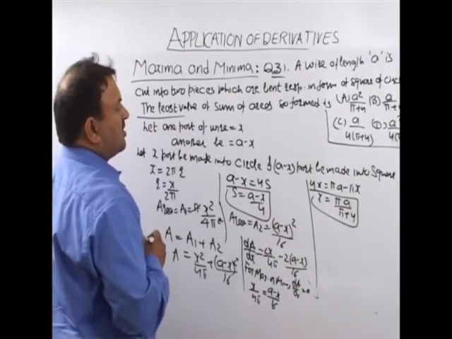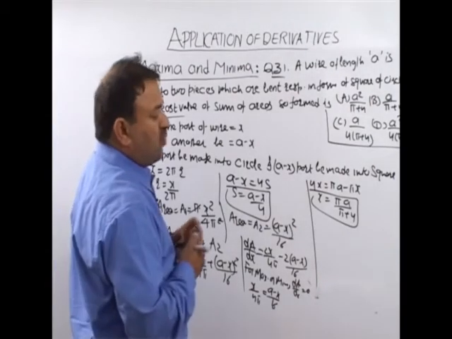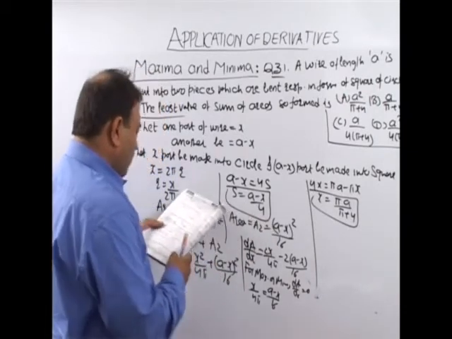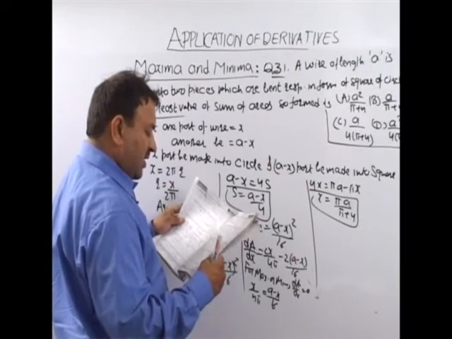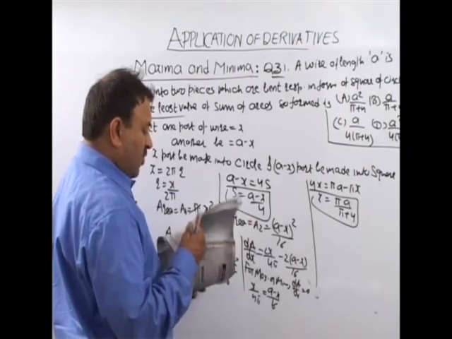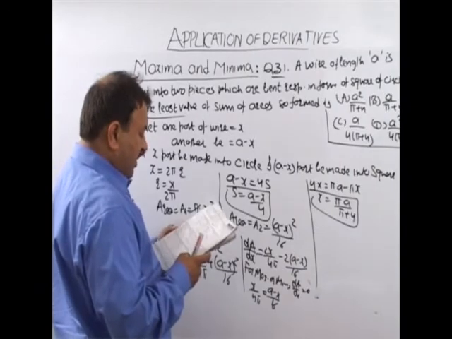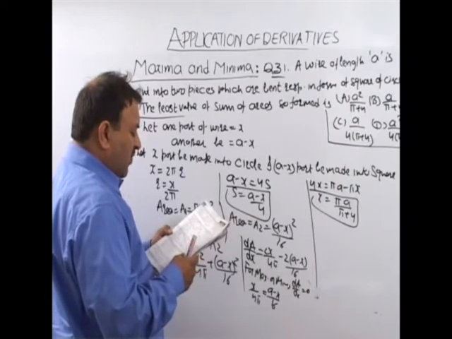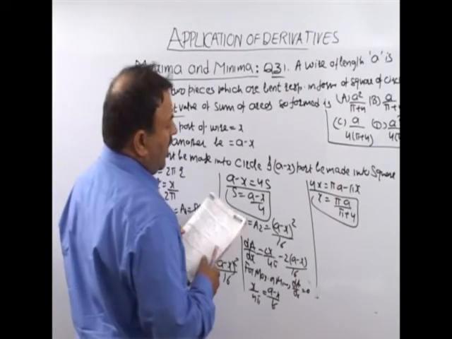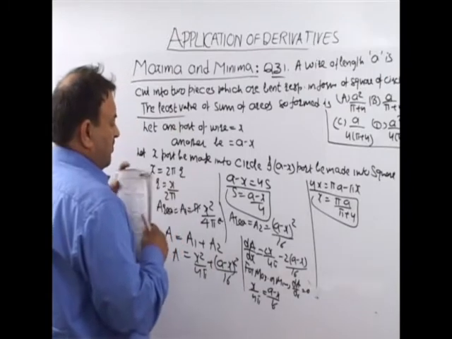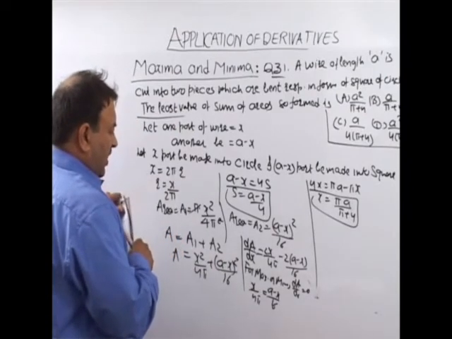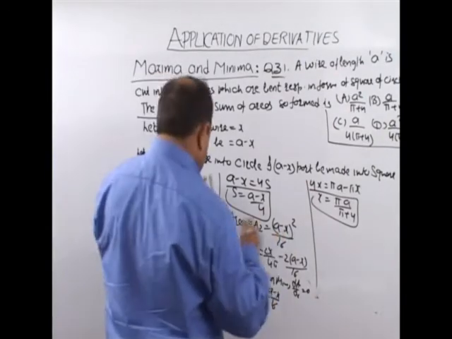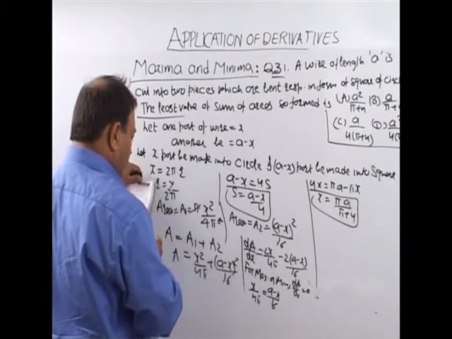This is equal to x. So we have to calculate one part is x, another part we can find out by subtracting A minus x. Basically हमने कैलकुलेट करनी है the least value of sum of areas so formed. हमने एरियाज फाइंड आउट करने हैं. Then we can say it is x is equal to this one and A minus x.